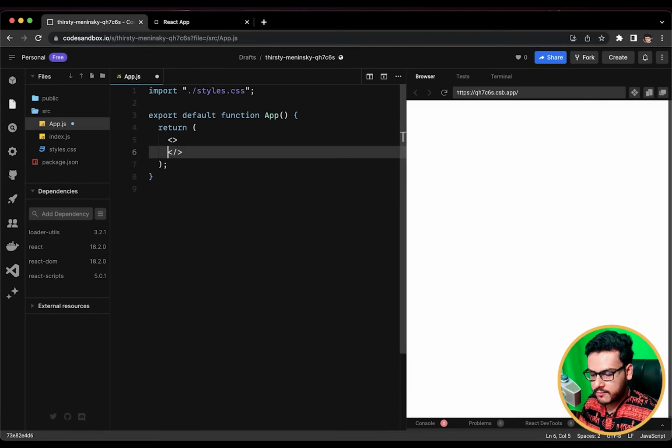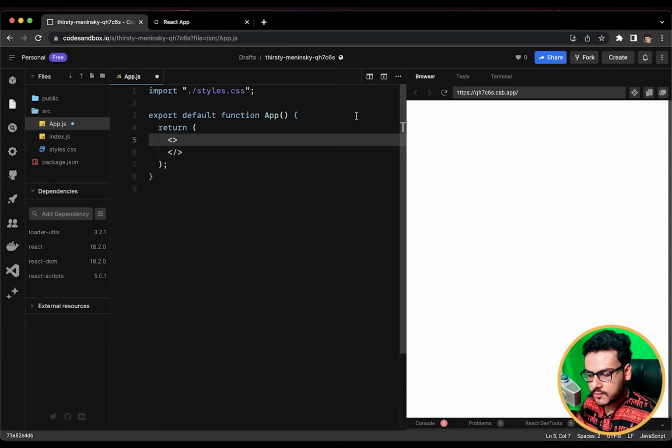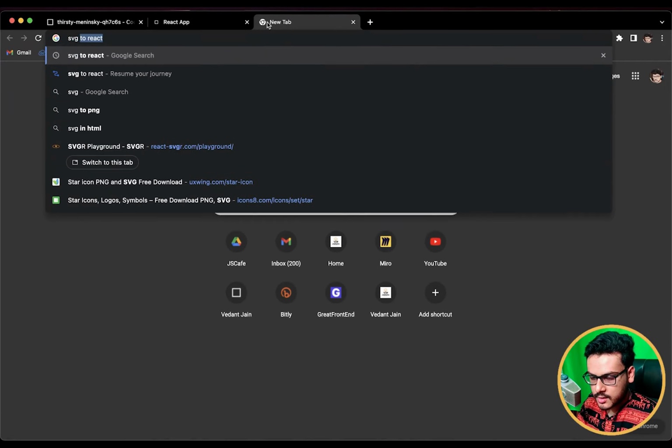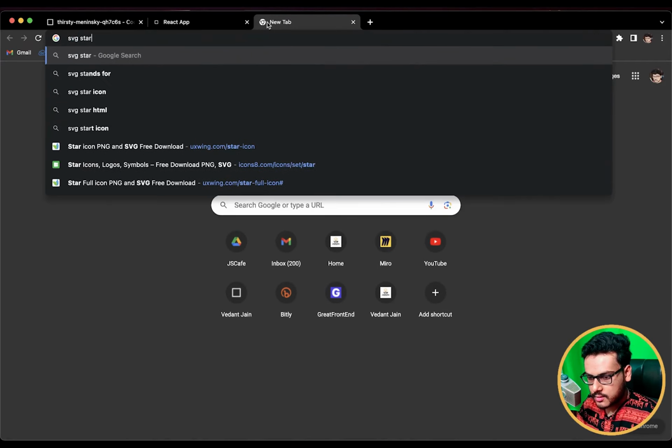We have added a fragment over here. And first of all, let us gather the components that are required. So I'll be accessing all the SVGs. So if I try SVG star image,